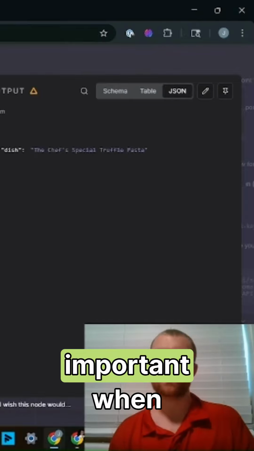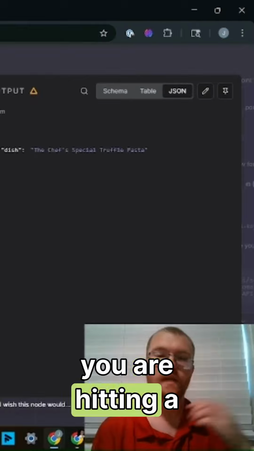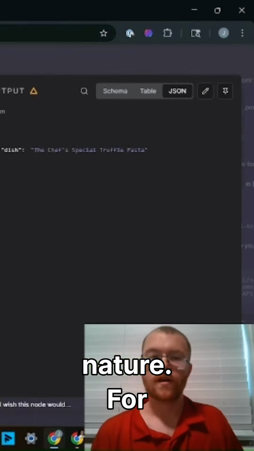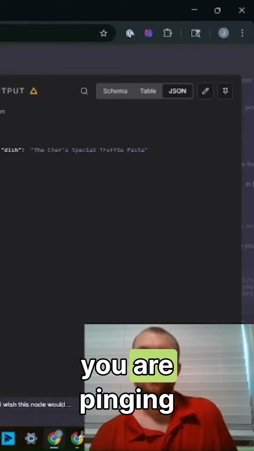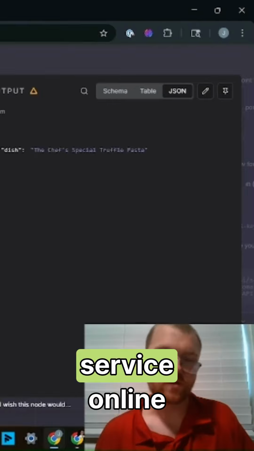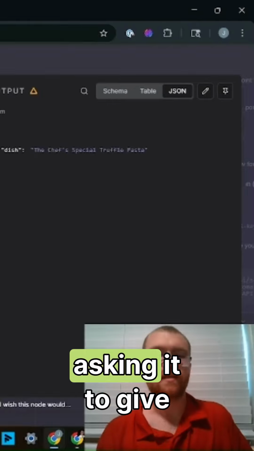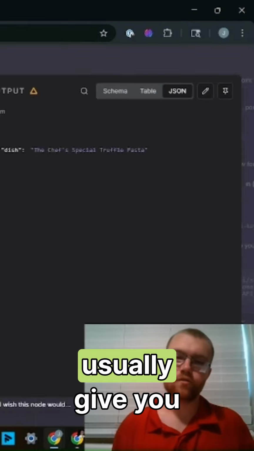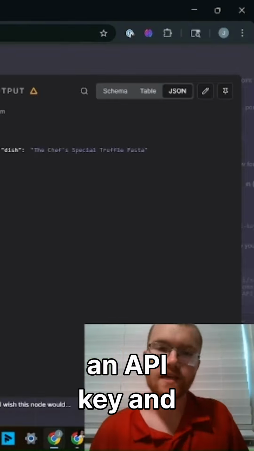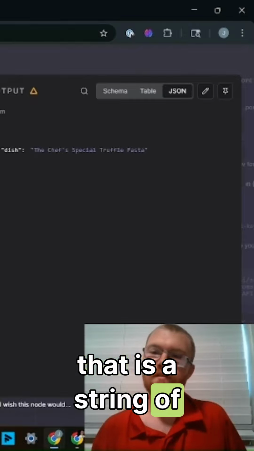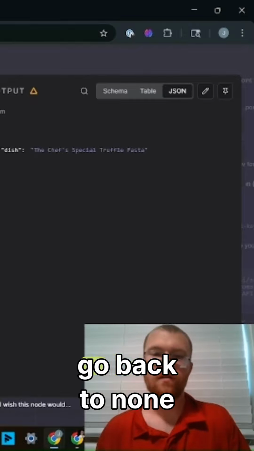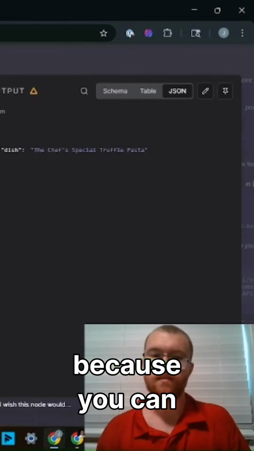This is important when you are hitting a public API or something of that nature. For example, maybe you are pinging a weather service online and you are asking it to give you the weather news. It will usually give you an API key, and that is a string of letters that say, this is who I am. Now, right now, we are going to go back to none because you can see